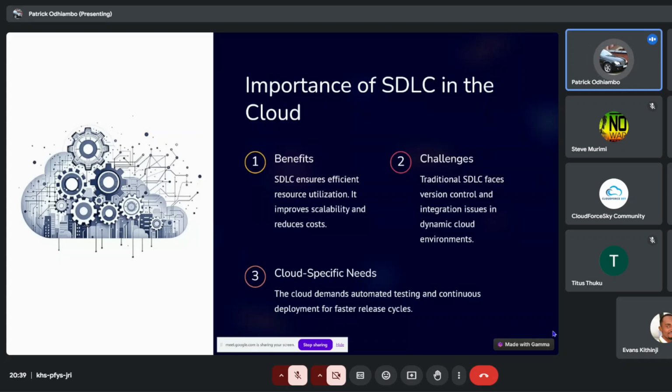And then cloud-specific need. The cloud demands automated testing and continuous deployment for faster release cycles. This one, we'll talk a bit about it because we are looking at SDLC in the context of cloud computing. So when you look at cloud-specific needs, we are trying to talk about another best practice which ensures that, one, when an application has been created or has been developed, it has to be tested, and every time that it goes through a test and it passes the test, it needs to be deployed. So where possible, you are supposed to think about automating the testing and the deployment phases